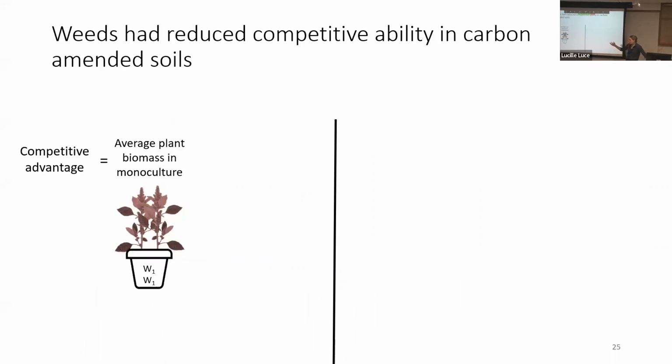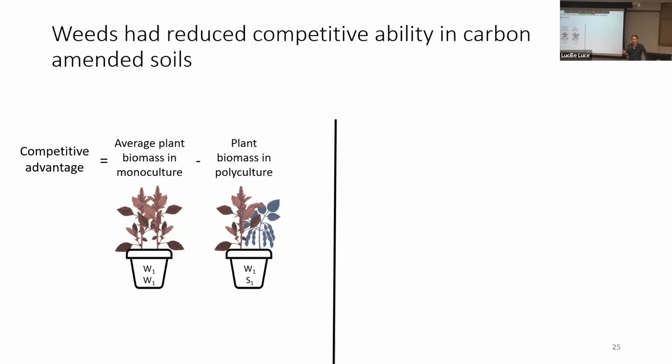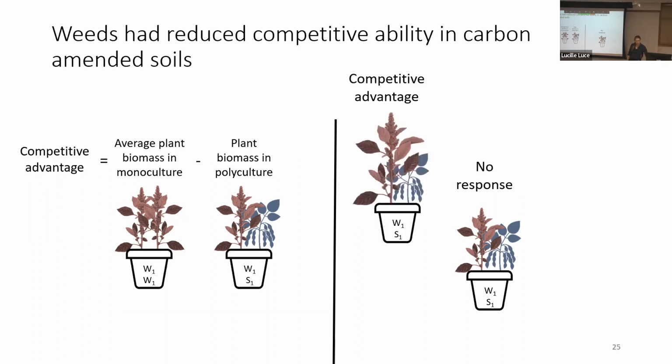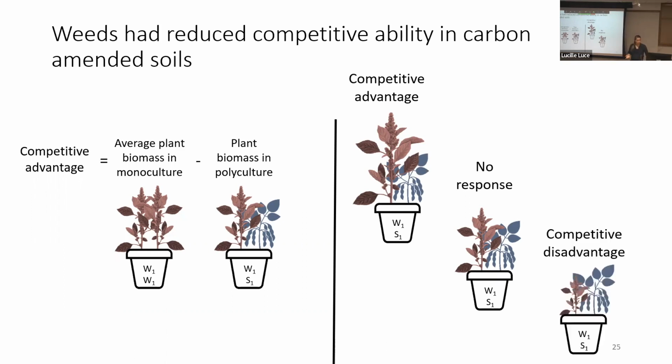What this means is that we took the average plant biomass when it was grown in monoculture, and then we subtracted the plant biomass of that same species when it was grown in polyculture, so when it was grown in competition with a different species or variety. If the plant biomass remained the same in monoculture and polyculture, then there was no response. But if it was larger in polyculture, then it had competitive advantage. And if it was smaller, then it had a competitive disadvantage. So keeping that equation in mind,